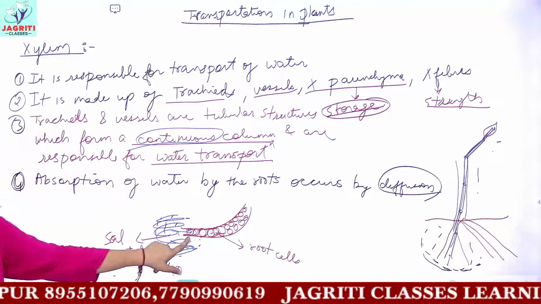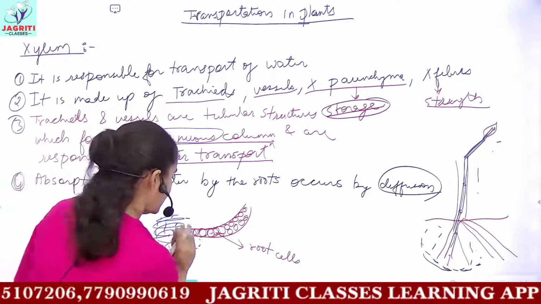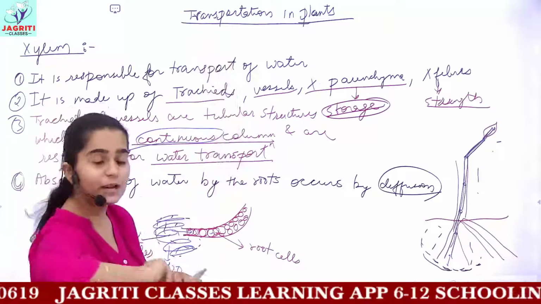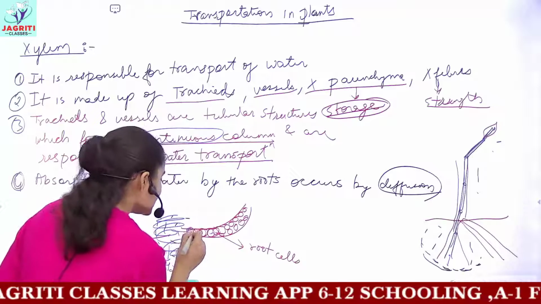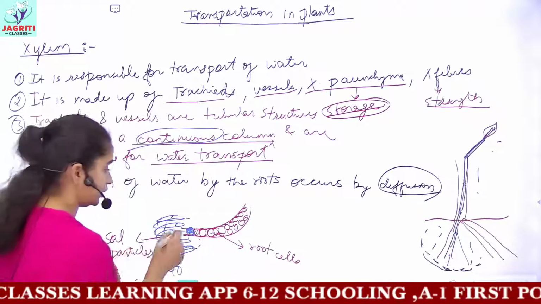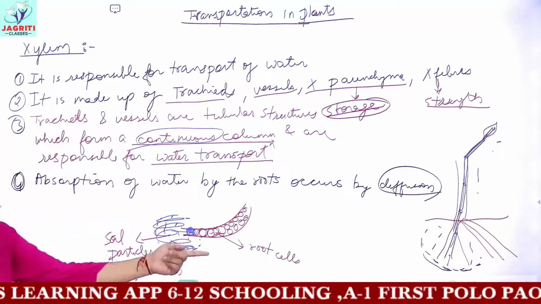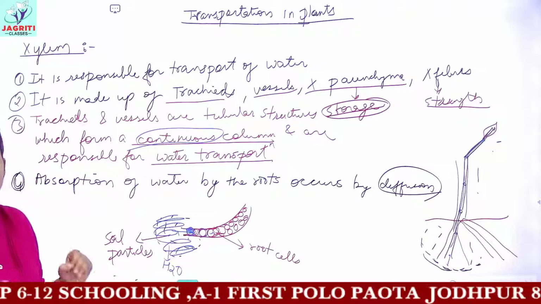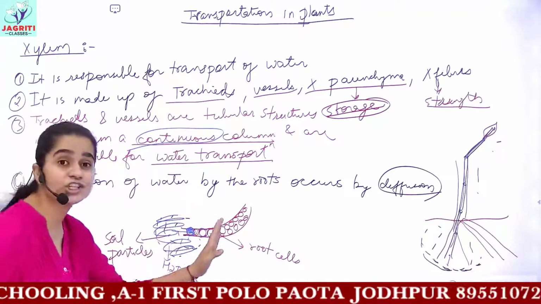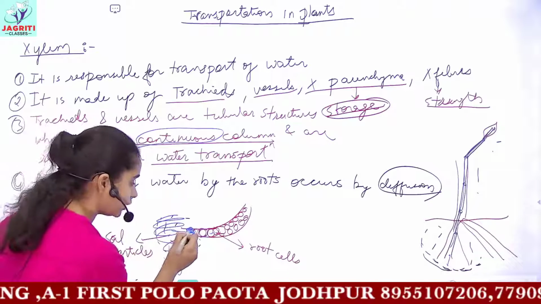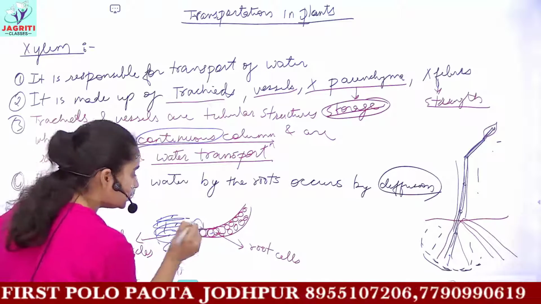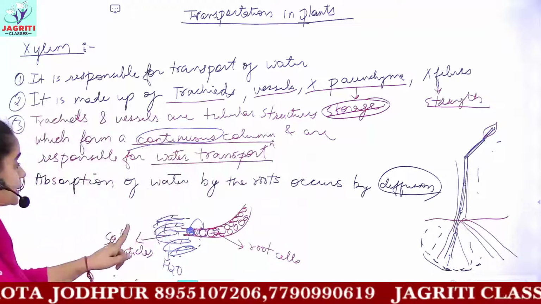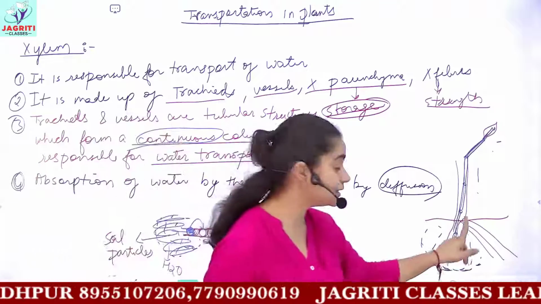That is the first cell of root. Now water has entered the root. Then how does it travel along the root to higher parts of the plant? So you can see that the first cell now contains a high amount of water compared to the adjacent cells. So now this water will move further because of the same process, because of movement of water from its higher concentration to lower concentration. The water present in the first cell will move into the adjacent cell. And as a result, a continuous column would be established for this transport of water.